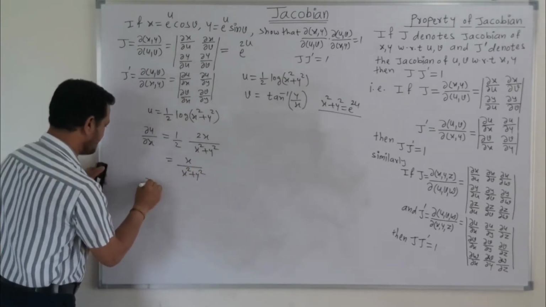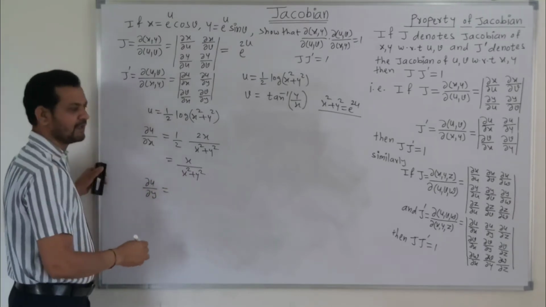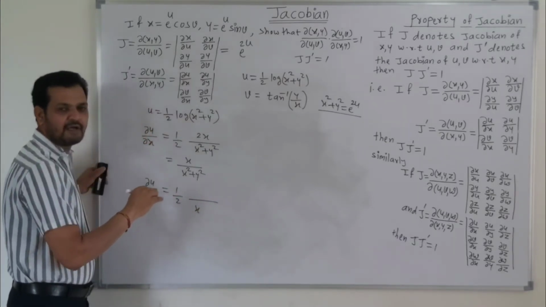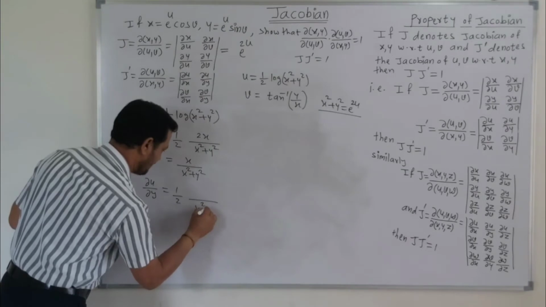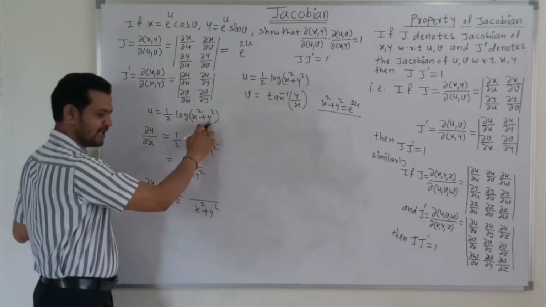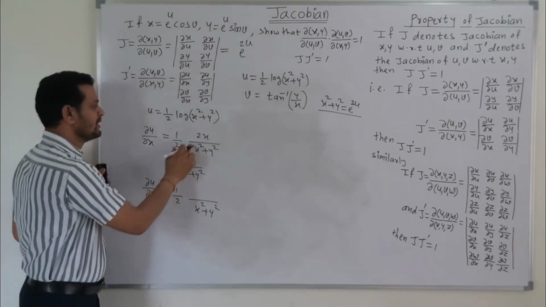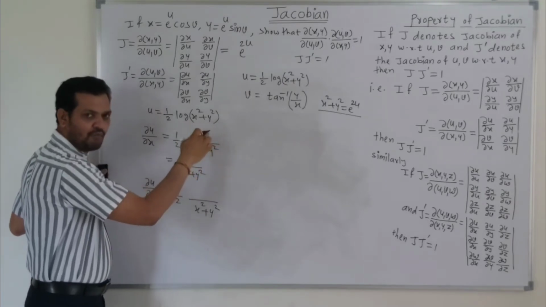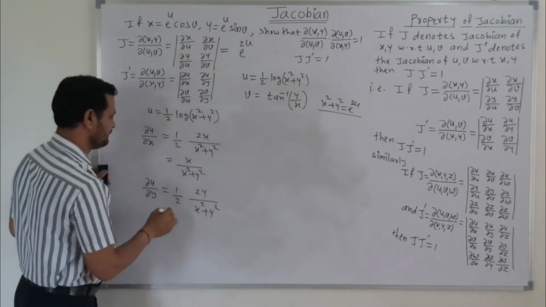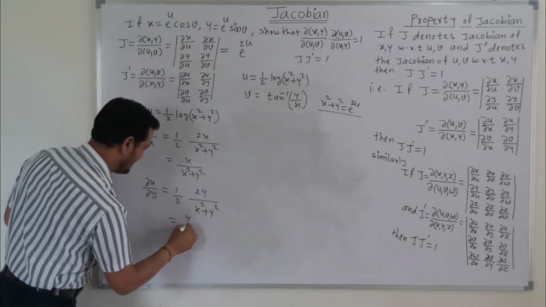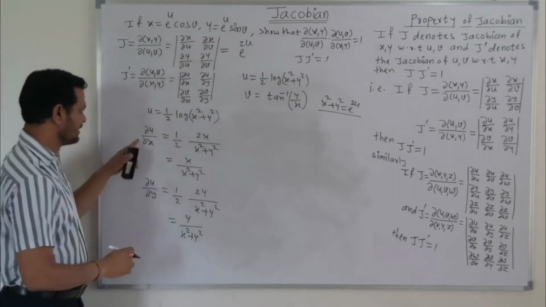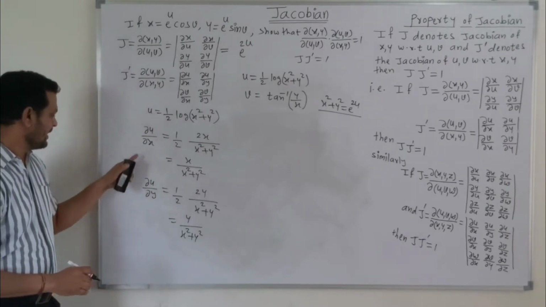Similarly, find the partial derivative of u with respect to y. So if we take the derivative of u with respect to y, then this 1 upon 2 is constant. Derivative of log x is 1 upon x. So according to that formula, we can write this as 1 upon x square plus y square. But this is other than x, and we are taking partial derivative with respect to y. So derivative of x square plus y square with respect to y, keeping x as constant, is 2y. So this 2 gets cancelled, and we get y upon x square plus y square. So in this way, we get the partial derivative of u with respect to x and y.